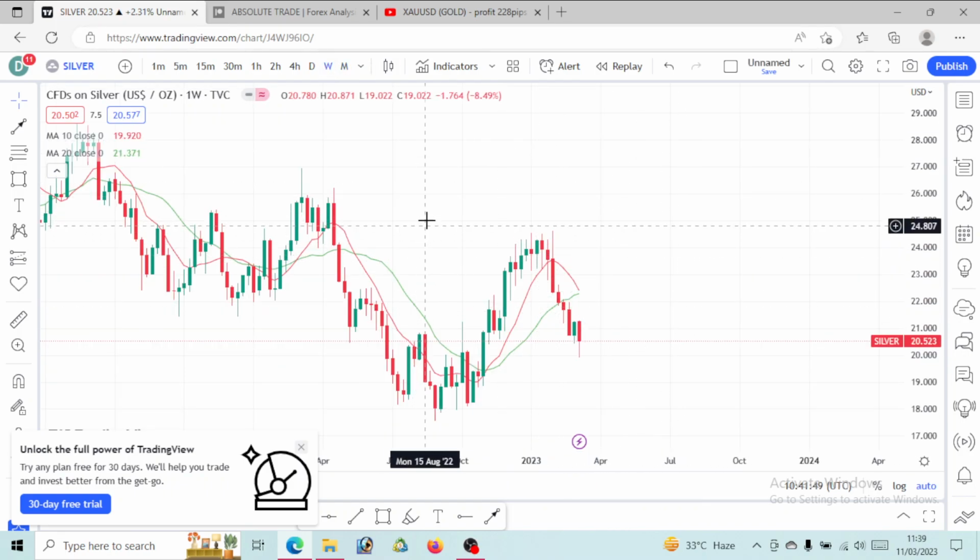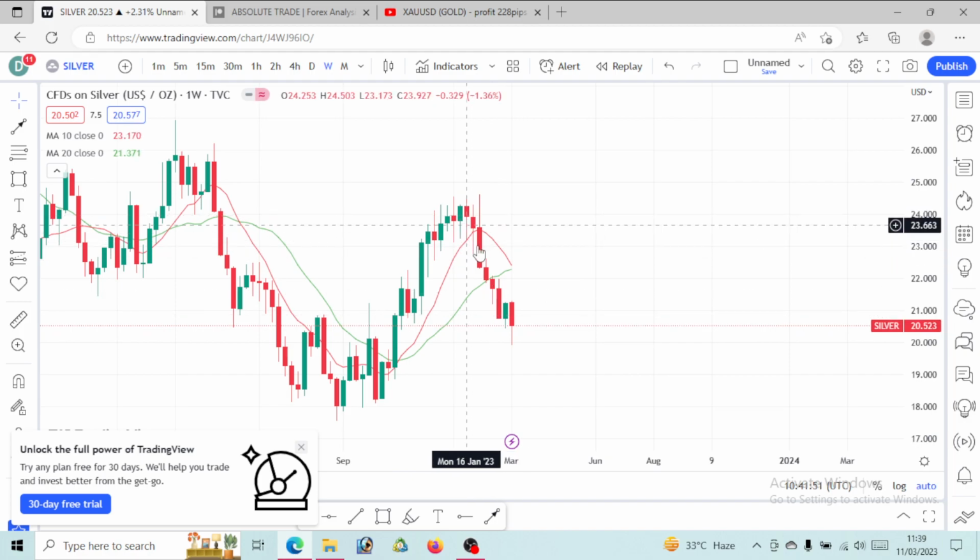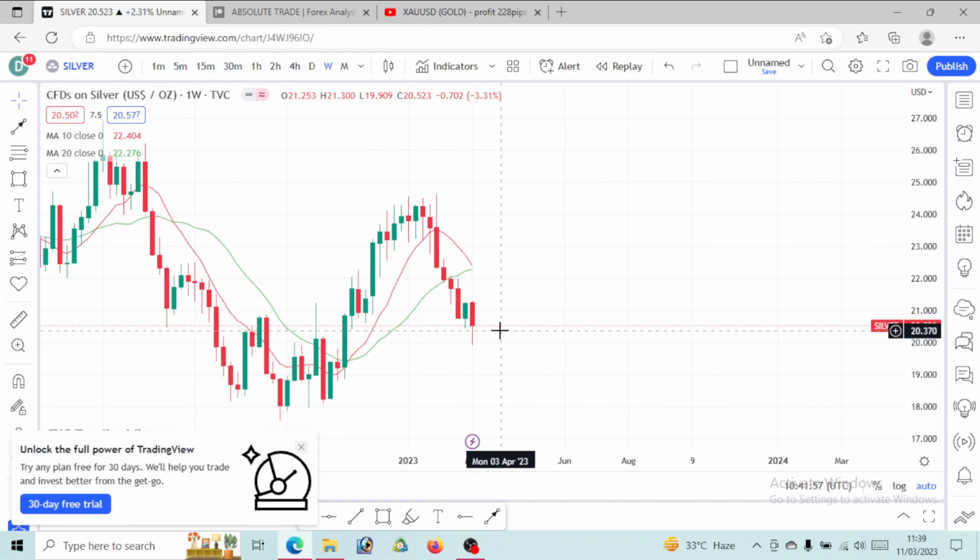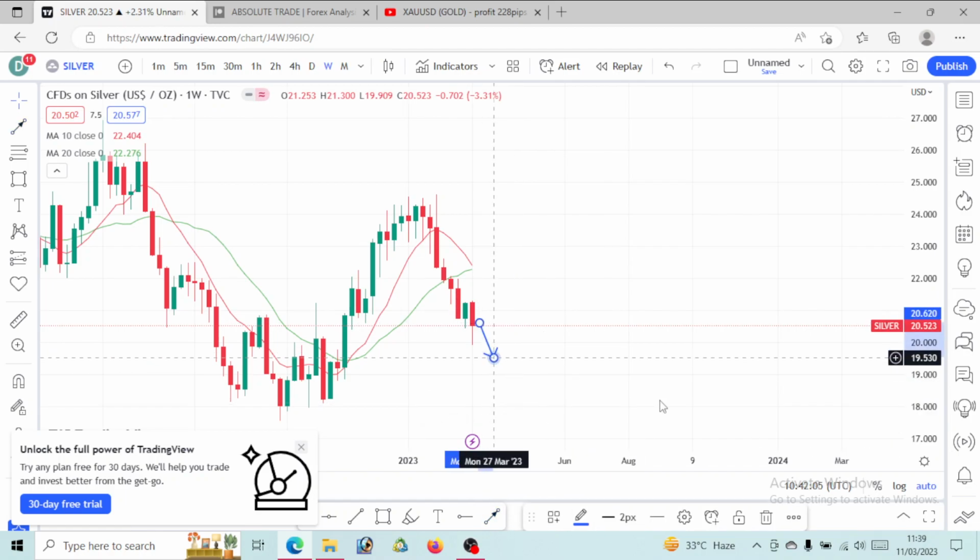So when you take a look at this on the weekly time frame, take a look at this. There was a drop, a correction, and there was a massive drop. Though this movement, this candlestick week, you can see at the bottom is just due to the news that was released. I think it's just kind of like a manipulation. One thing for sure is that we will still continue this drop on this silver.